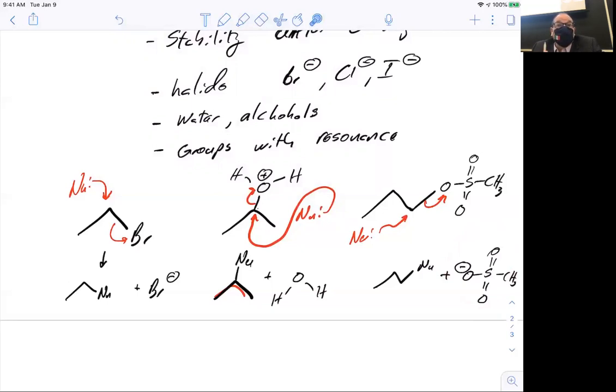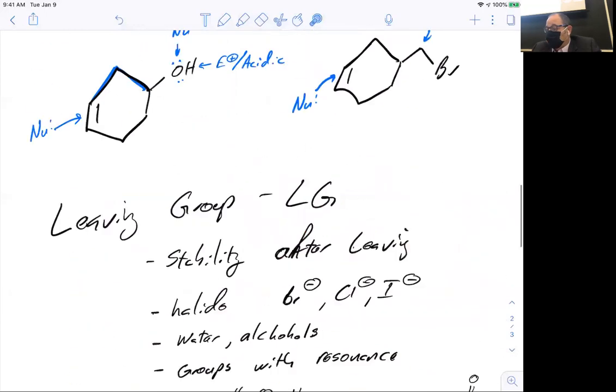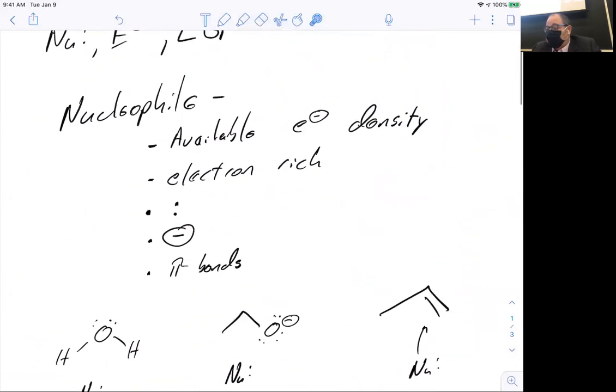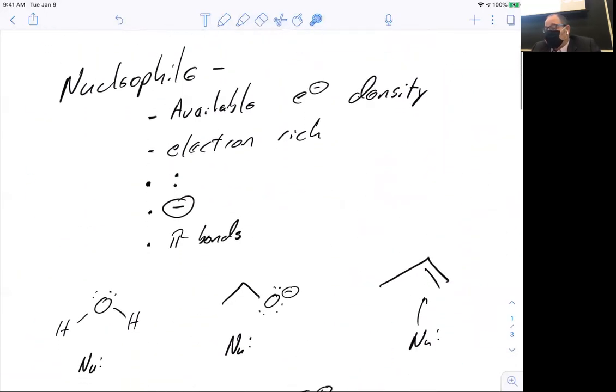There are times when a leaving group will leave before a nucleophile comes in, and we'll get to that next week. But what was on the homework was being able to define these. So nucleophiles, right? You're looking for available electron density. That's why halides don't fall in the group of nucleophiles. They're not really available. They want their electrons. They're going to keep their electrons. Nobody's going to take their electrons, right? So think about the halides as highly selfish versus nitrogen and oxygen lone pairs, which they don't mind sharing,